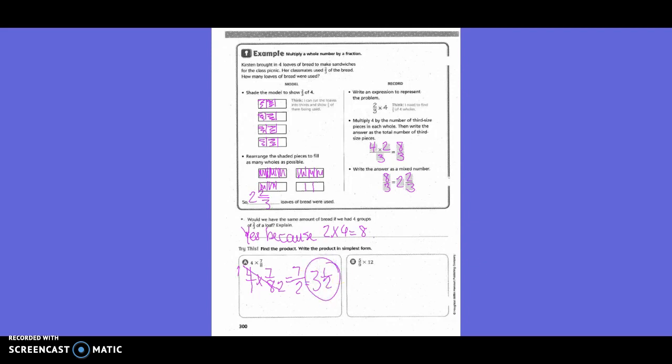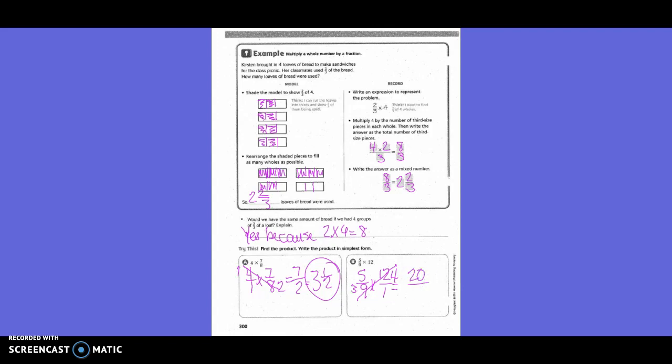5 ninths times 12. How am I going to write that? 5 ninths times 12 over 1. Can I simplify before I begin? Yes. What goes into both 9 and 12? 3. 3 goes into 9 3 times. 3 goes into 12 4 times. So 4 times 5 is 20,